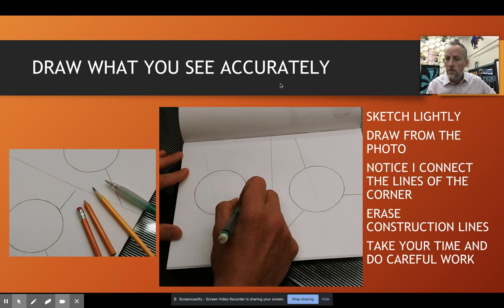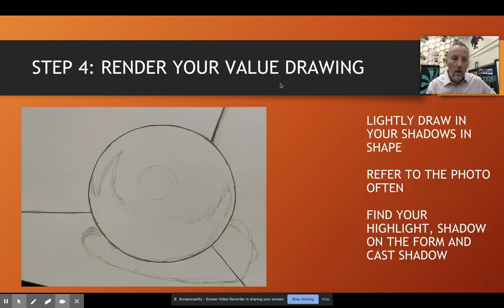If you have a set of drawing pencils, you're welcome to do this, but we're just doing this in graphite. We're not doing this in color or colored pencil or crayon. Okay, so just use pencil on this. All right, after we get our line drawing done, on the bottom, we're going to start to render our